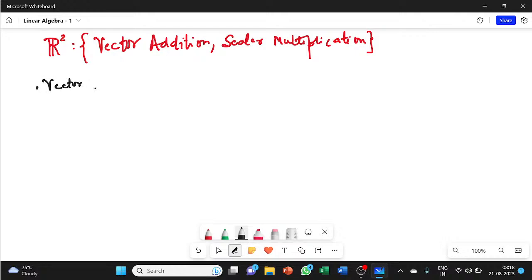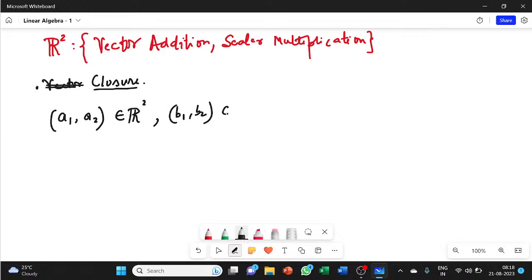The first thing that you can think of is closure. Let me write closure first. What do I mean by closure? By closure I mean that if my a1 comma a2 belongs to R square, and my b1 and b2 also belongs to R square, that is, these two represent two plane vectors in R square, and if I add them up,